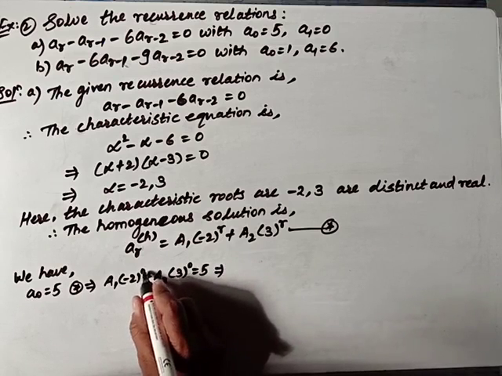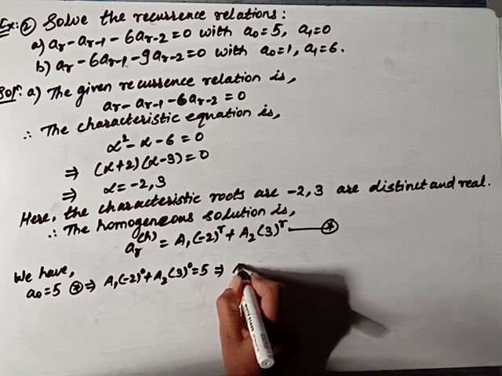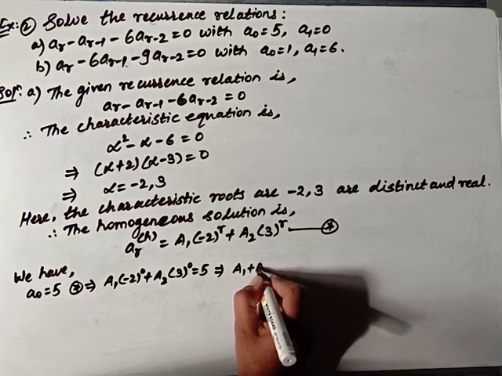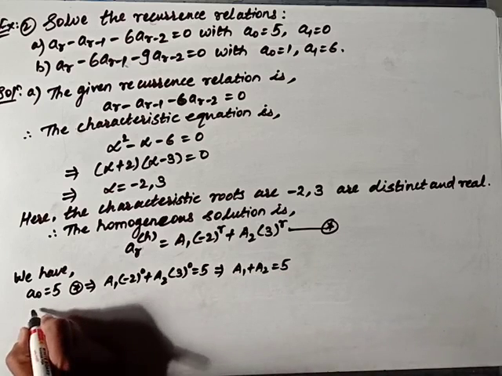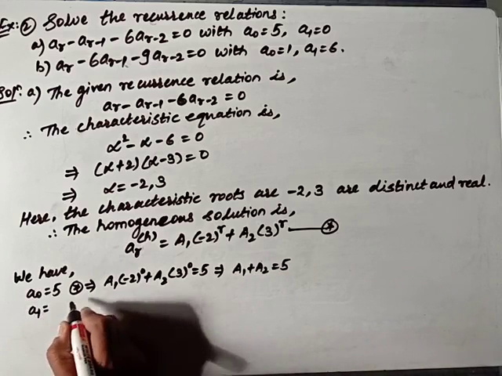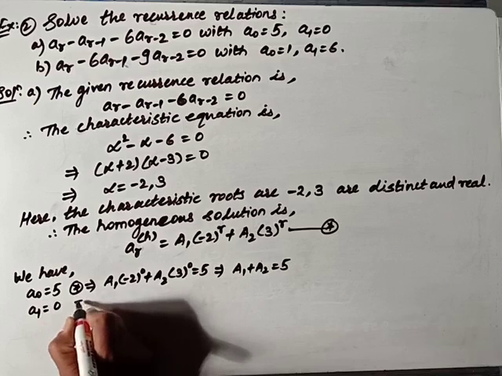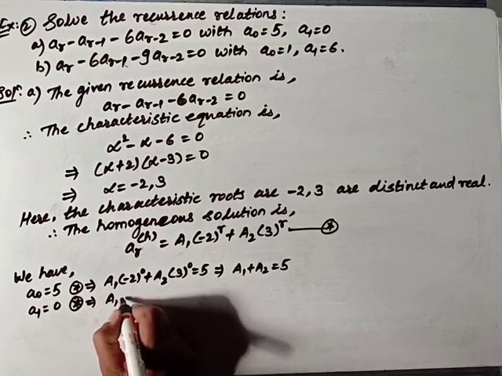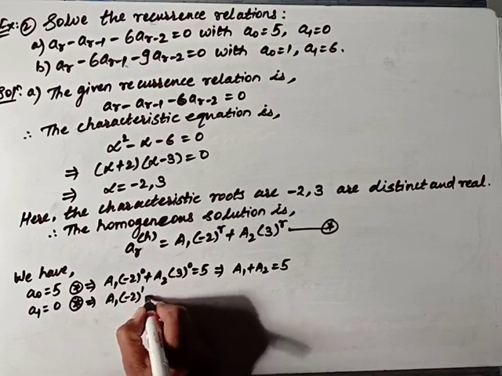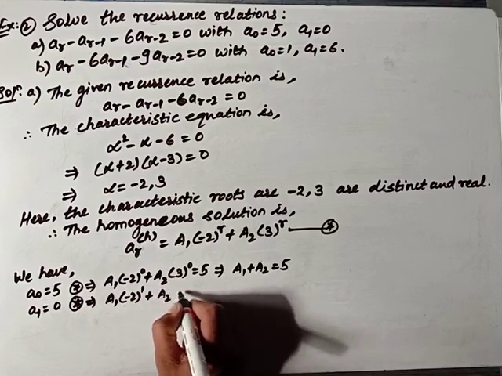Now you know anything raised to 0 is 1. So here we get A_1 plus A_2 is equal to 5. Now again a_1 is equal to 0, so again star becomes A_1 into minus 2 raised to 1 plus A_2 into